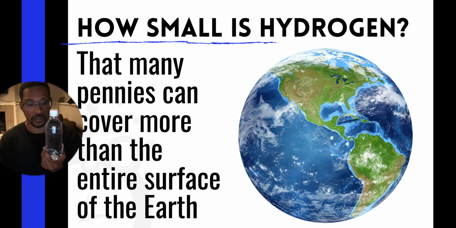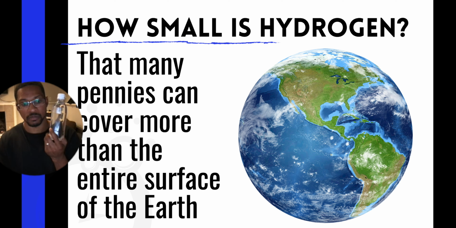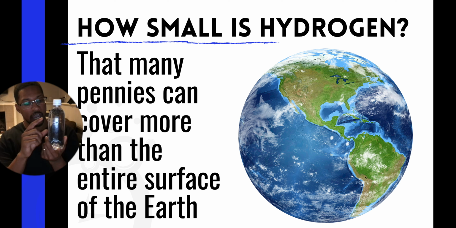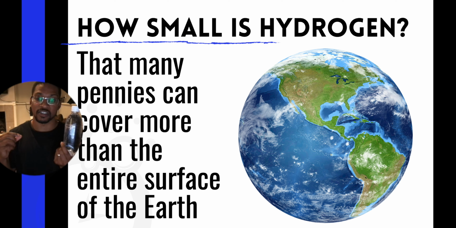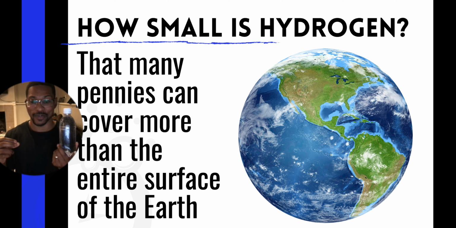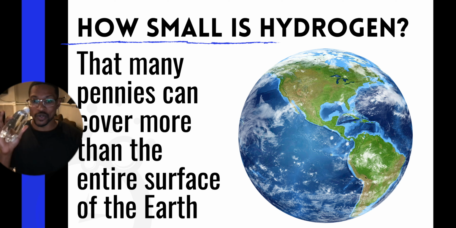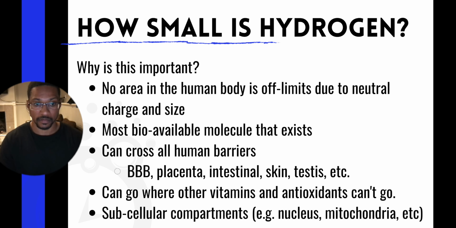In fact, in a 1.6 milligram dose of hydrogen that you can get in your body, you actually have more H2 molecules than you would with a 100 milligram dose of vitamin C, right? So you have a lot of H2 molecules in here, even though it's such a small or low concentration.